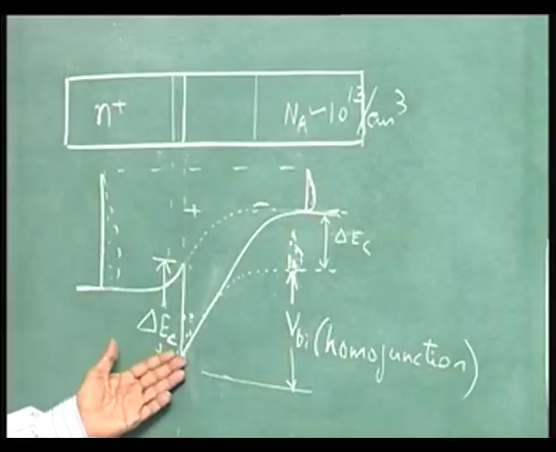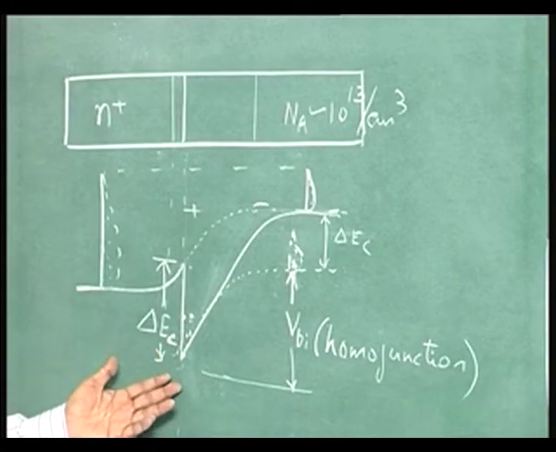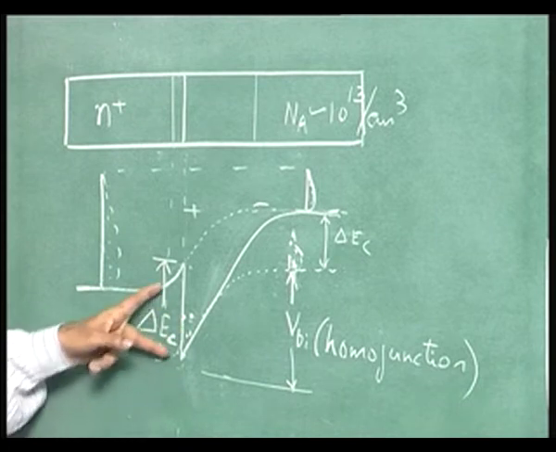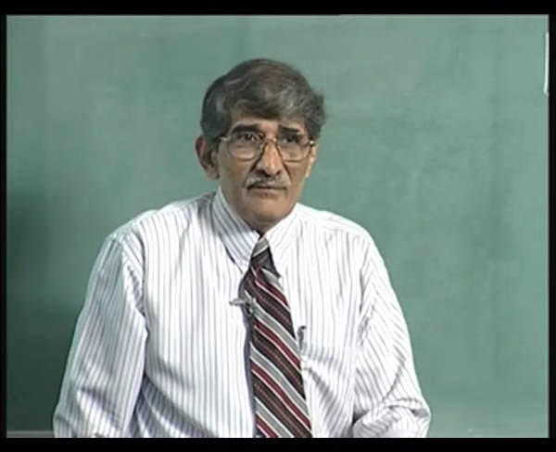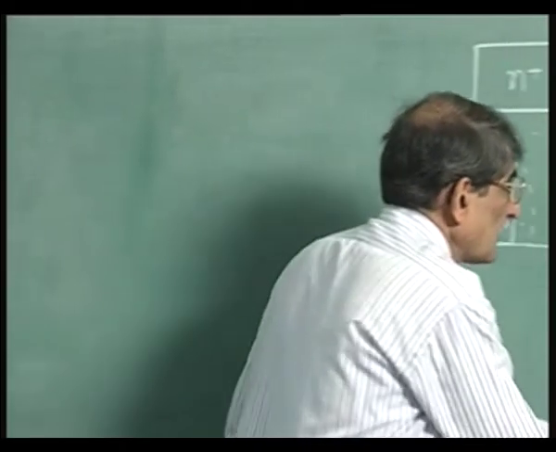Band bending may be there. If I have a homojunction, there also band bending is there, but there are no electrons left there because they will roll down. Here they will remain there because that notch is there. In the case of a MOSFET also, if you recall, when the inversion takes place, the electrons remain there in the inversion layer. Why? There is a notch. If you recall that,